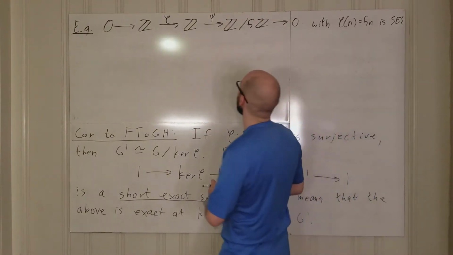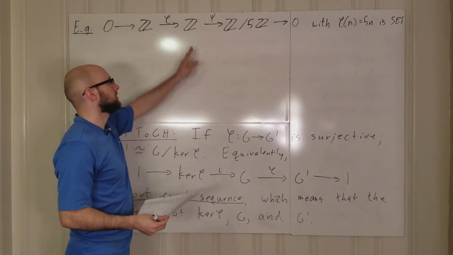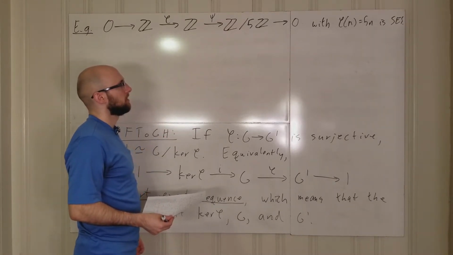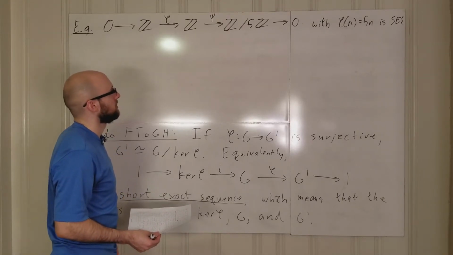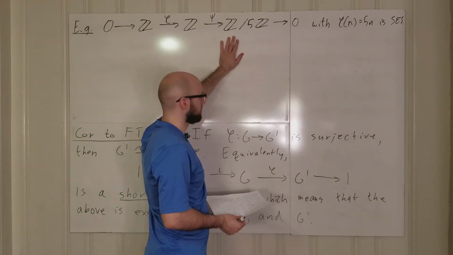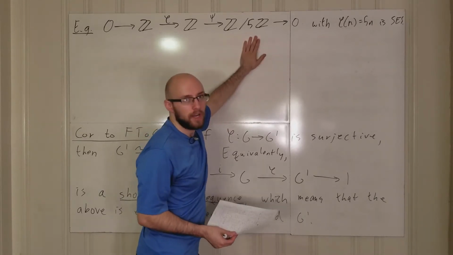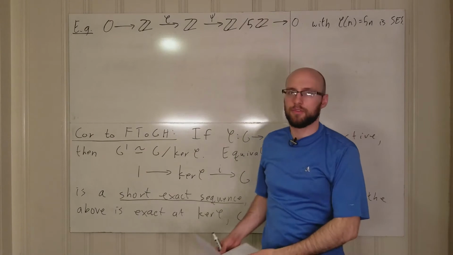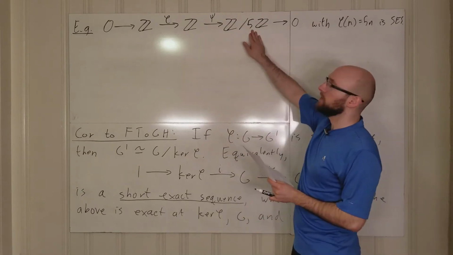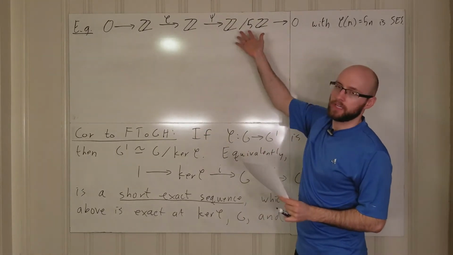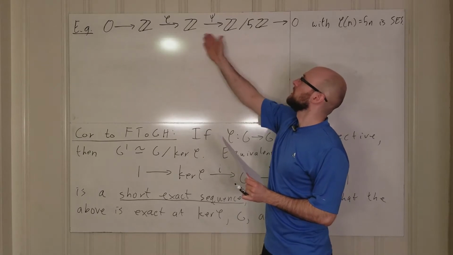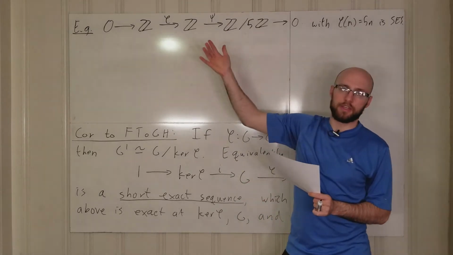Is psi surjective? Right, what we're doing is we're just modding out here by 5Z. And because we're modding out by 5Z, so Z is an abelian group, so this is actually not that interesting of an example. Z is an abelian group, so 5Z is a normal subgroup, and so modding out by it gives us a group. And this natural homomorphism, taking Z to Z mod 5Z, is going to be surjective,